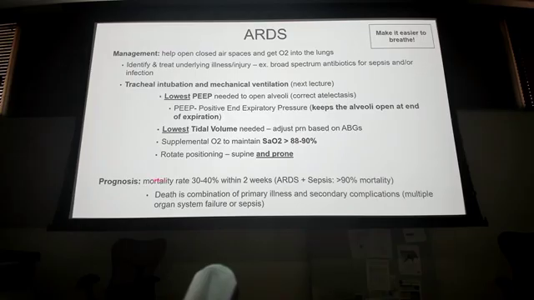Prognosis: mortality rate is 30 to 40% within 2 weeks, right? And the big key factor is going to depend on comorbidities. Do they have something going on? Do they have an underlying heart condition where the pump is not working great? Do they have sepsis? Do they have some weird pneumonia bug that we haven't seen that's not responding? Do they have MRSA that may not be responding to our typical treatments? And then what happens the longer a patient stays in the hospital? All that other stuff starts happening, right? DVTs, we start increasing.